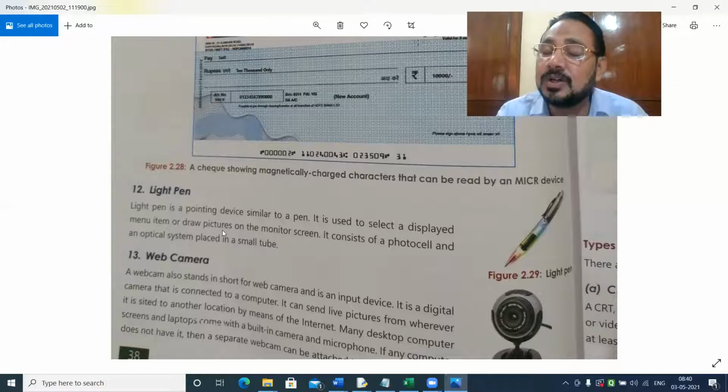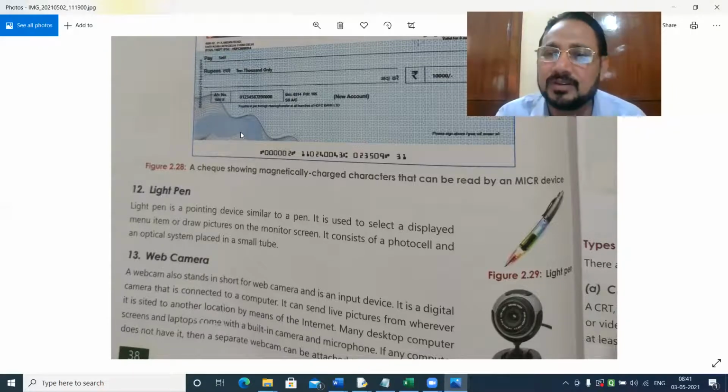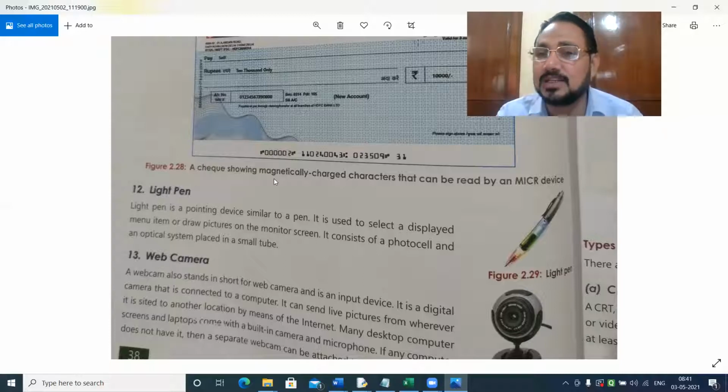So what is he doing? Drawing a picture on the monitor. You see the player is standing and they just encircle that the player is here, and another player might be somewhere here. They give their expert comment. So the light pen is basically used to draw pictures, a circle, rectangle, or line, or whatever they want to do. That is used for that purpose. So I have explained the use, like in any games or match, where we normally see it.